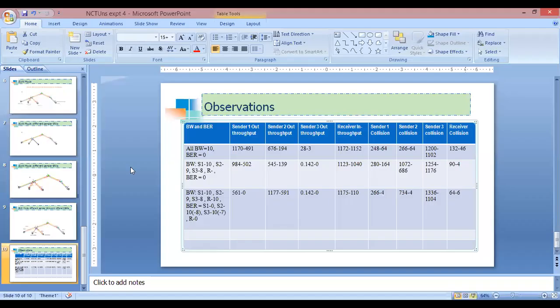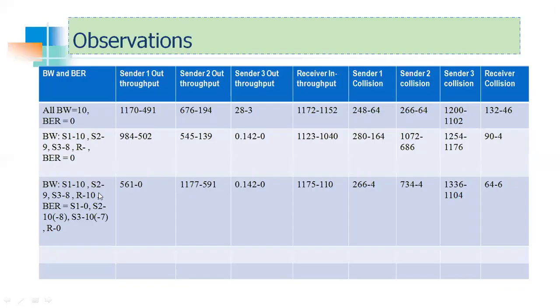Yeah, so this is with the different bandwidths and BER which we have just applied. So you can see the throughput of sender 1 is reduced, throughput of sender 2 is increased. So this becomes random. At this point, you can see sender 1 throughput was higher. In the second case, you saw this is higher. In the third case, you saw this is higher. So that becomes random. Okay, and the receiver throughput is actually increased, and drops are, the collision is there. And then you can see the collision of sender 1, sender 2, sender 3 and all is increased also.